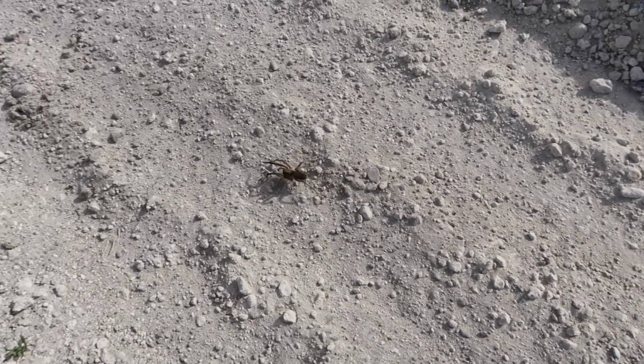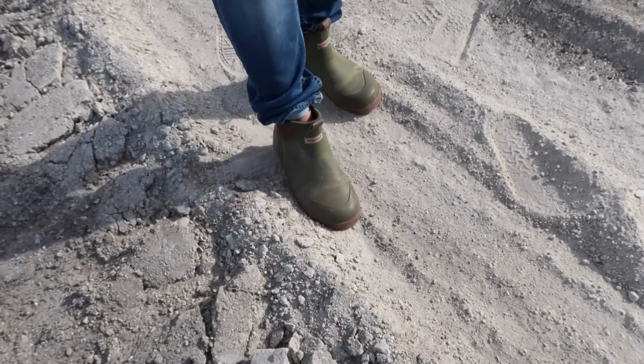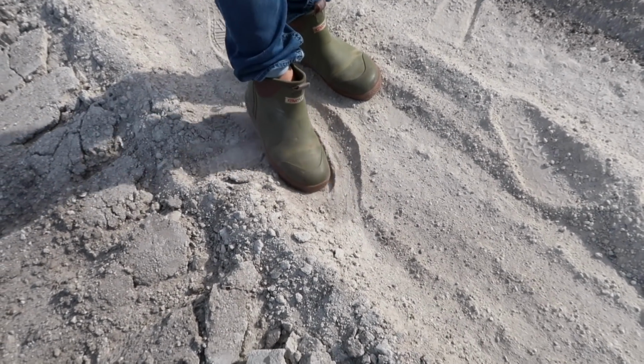Is that like a baby tarantula? Look at that spider. No, it's like hairy. It's a field spider. It's not a tarantula. Looks like a baby tarantula. No,